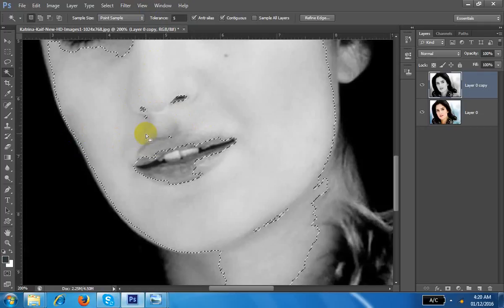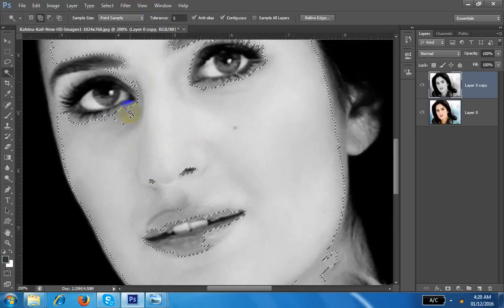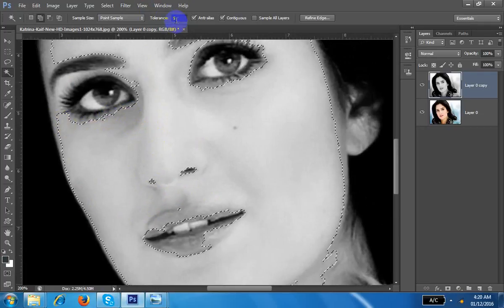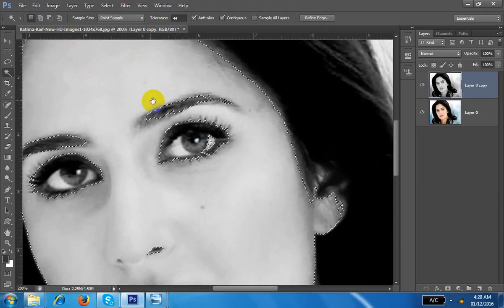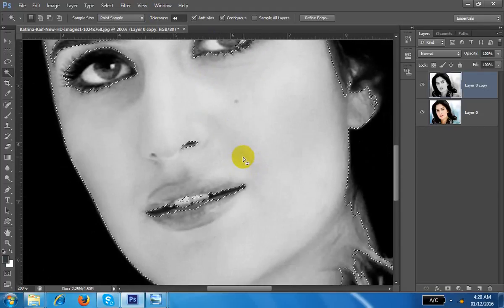No, it is not working properly. This is the Color Range, selection range 44. I can select it. Okay, it is selected. So this is one way, but you should not select like this. You have to select with the pen tool. Because I am teaching here, I am doing it very fast.